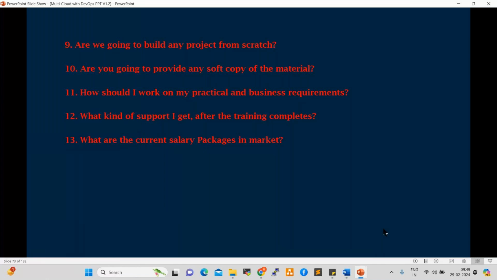They are ready to give. One of my friends recently joined a DBS project, a Singapore client, and got a very good package. He's an architect. I also recently got a very good offer from Micron, a product-based company. They offered a very good package, nearly 50 lakhs. So packages are very good, but technically we need to be very strong.